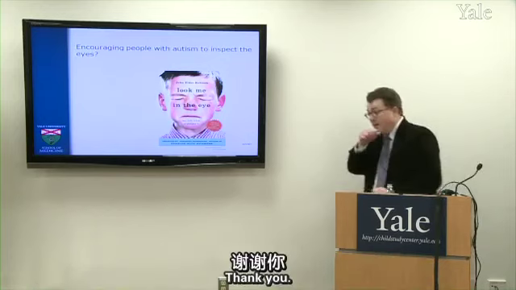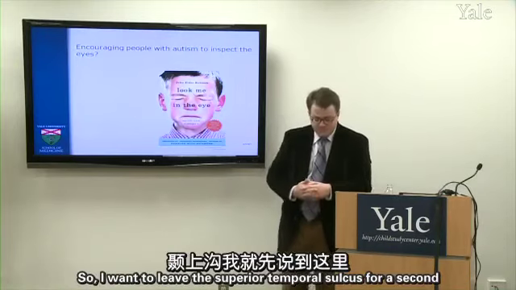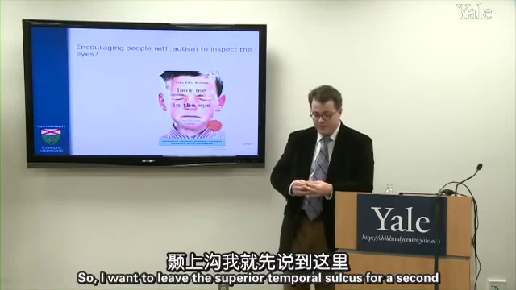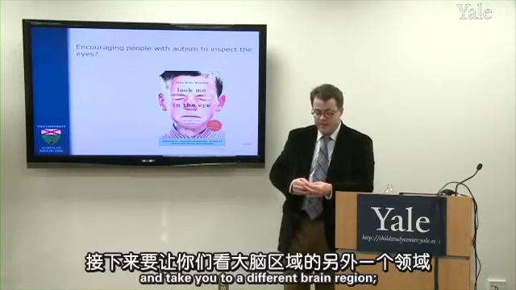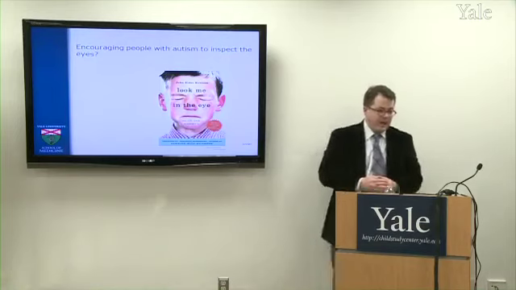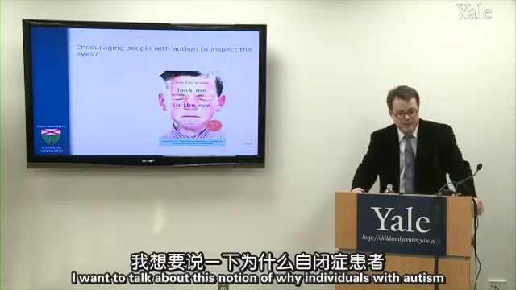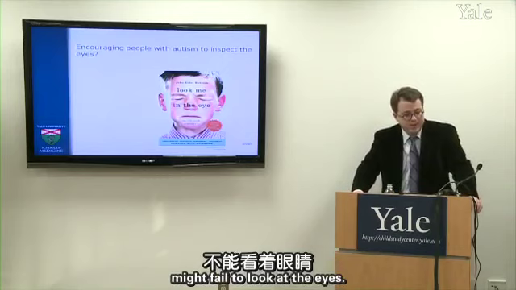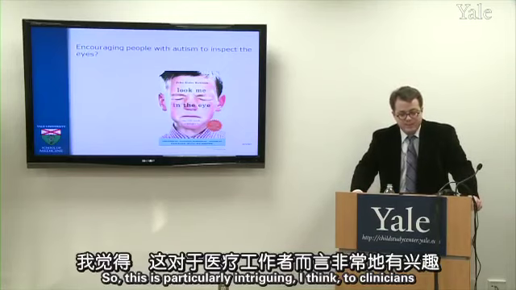Right? Thank you. So I want to leave the superior temporal sulcus for a second and take you to a different brain region, now one that's on the bottom surface of the brain, again in the temporal lobe. And I want to talk about this notion of why individuals with autism might fail to look at the eyes. And so this is particularly